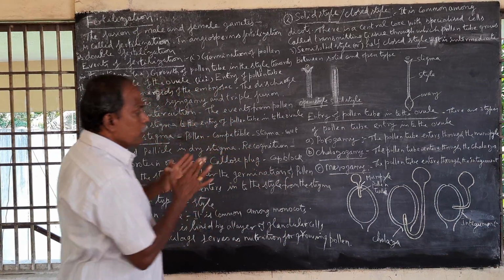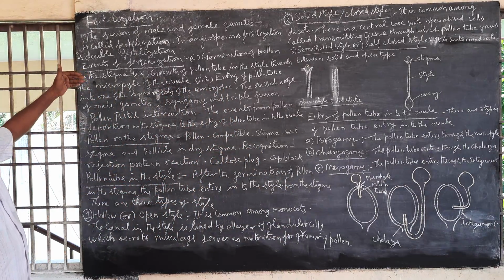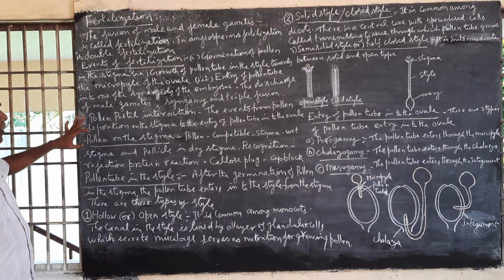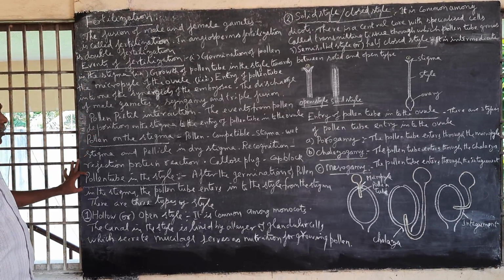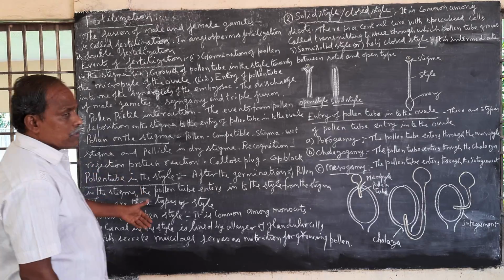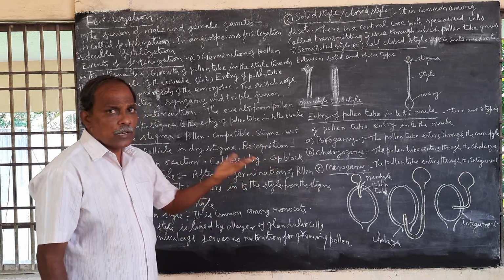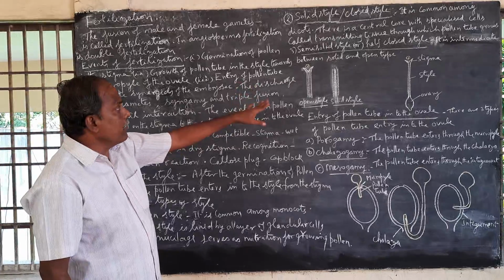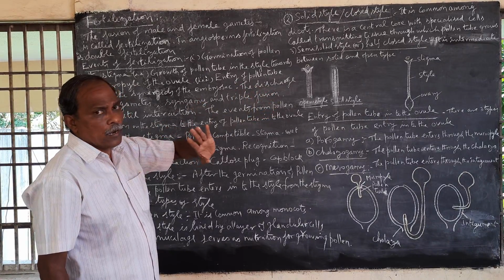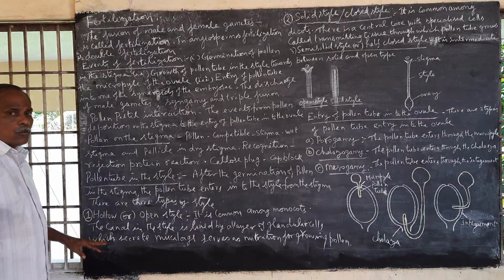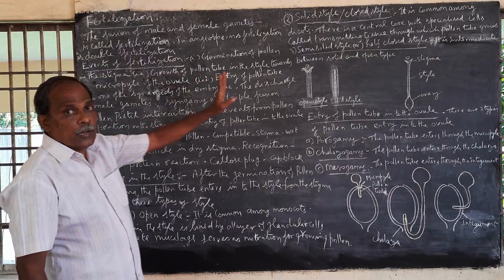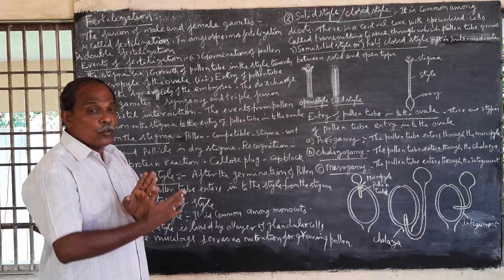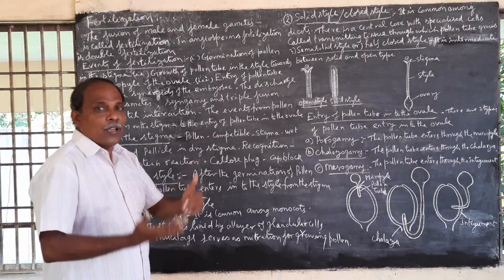So this is all about fertilization, the events of fertilization: pollen on the stigma, pollen tube in the style, then types of style: hollow style, otherwise open style, closed style or solid style. Then the third, semi-solid style or half closed style. So in monocots, hollow style. In dicots, closed style. Now how does the pollen tube enter into the ovule? Porogamy, chalazogamy,